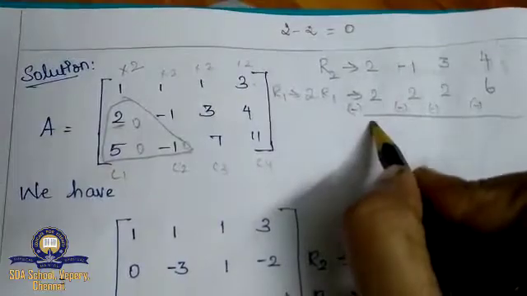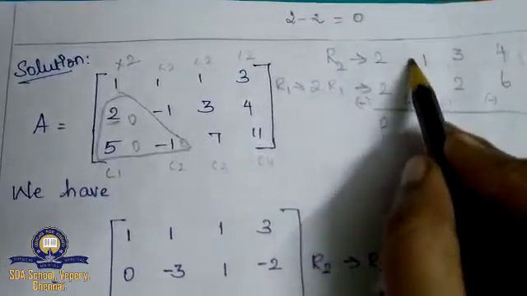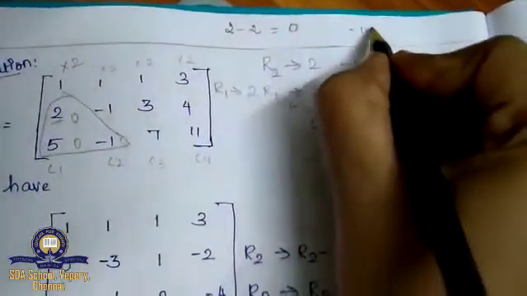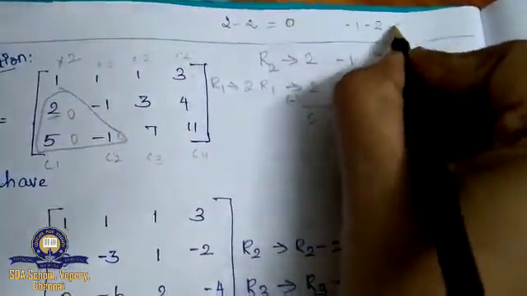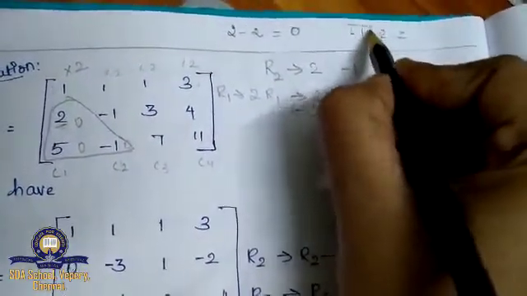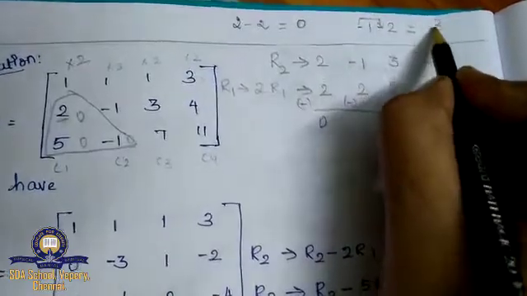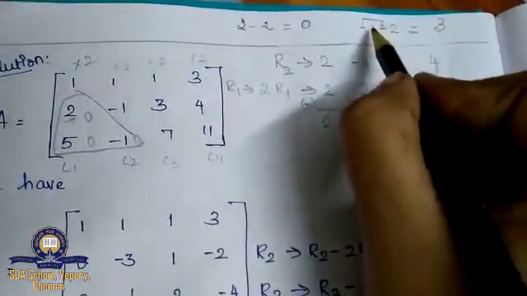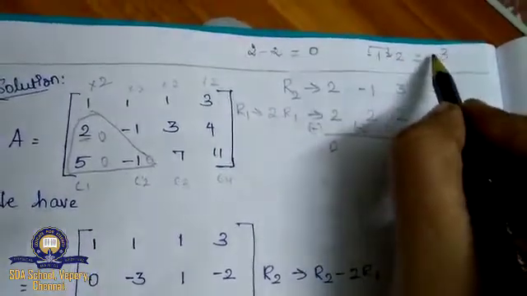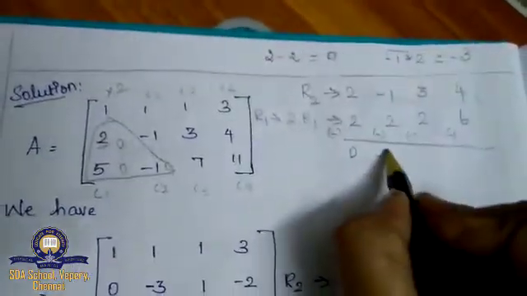See, 2 minus 2, my value will be 0. Now minus 1, minus 2. Minus, minus, the symbol is same, so you have to add the values. 1 plus 2 is 3. After that you have to check the greater number's symbol. The greater number is 2 and the symbol is minus, so the answer is minus 3.